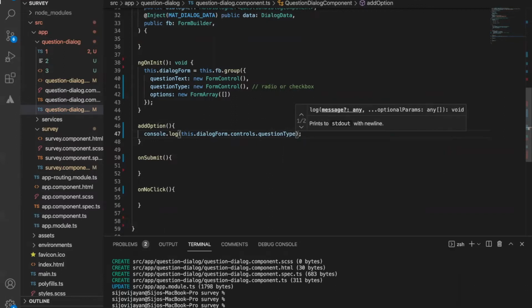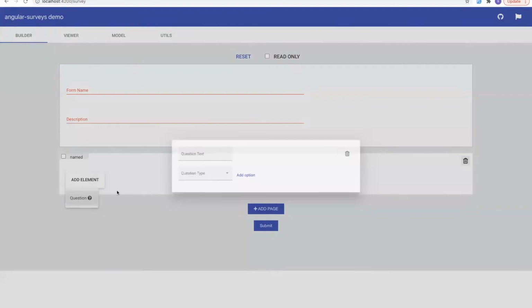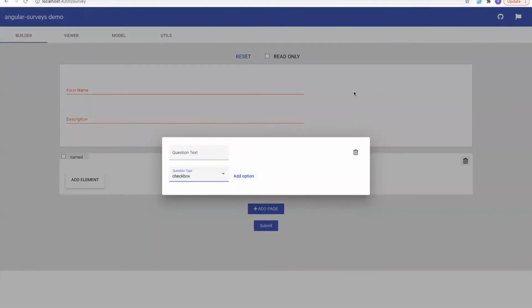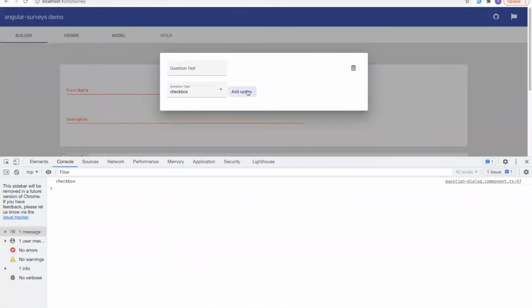So question type dot value. Let's see whether it works or not. We need to open the console, so it will display in the console. If I click here, yeah, it's displaying the checkbox. I'm changing to radio, and that's also working fine.